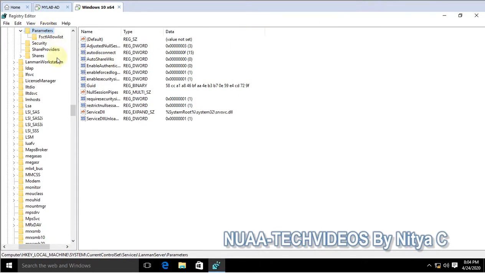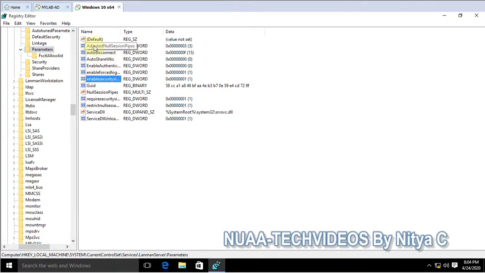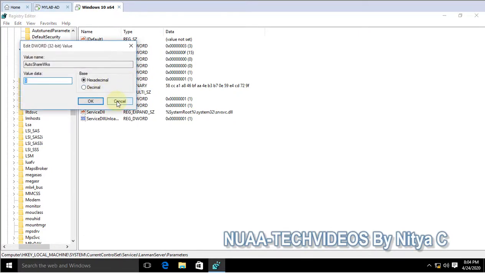Sometimes this entry is not there in Parameters, so you have to make it. This is a DWORD value, and it should be 0. If you want to enable it again, you can do so by changing the value to 1.